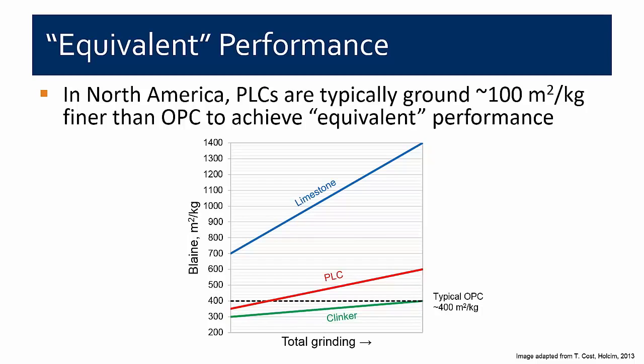Now, if we look at the Portland limestone cement at a fineness of 400, so the same fineness you would have in a traditional Portland cement, what you see on this graph is that the clinker is actually a coarser clinker than what you would have in a typical Portland cement. Its fineness is 320 compared to a 400 clinker fineness that you would have in a typical Portland cement. So what does this